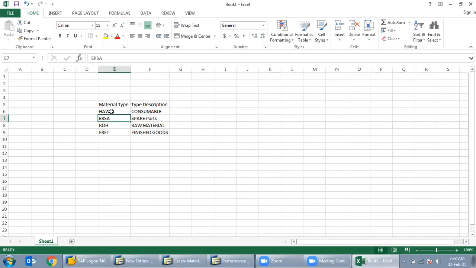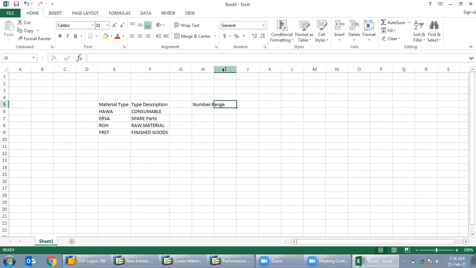So now see how we create the material type and how we assign number ranges. Number range is the main thing. In material type, what is a number range?